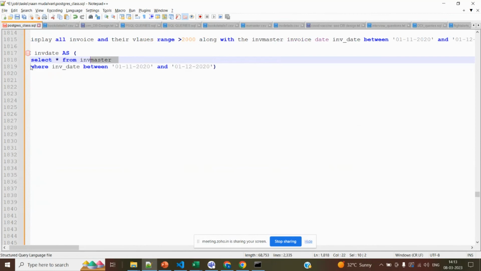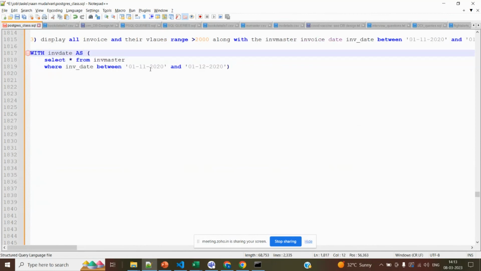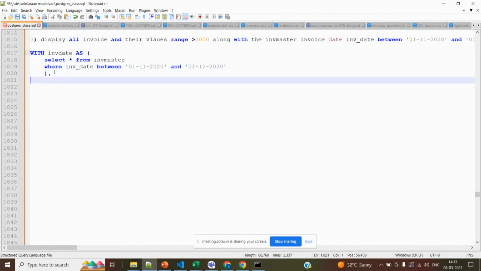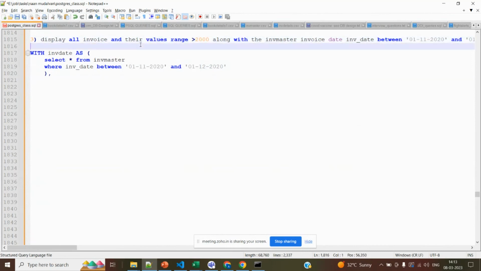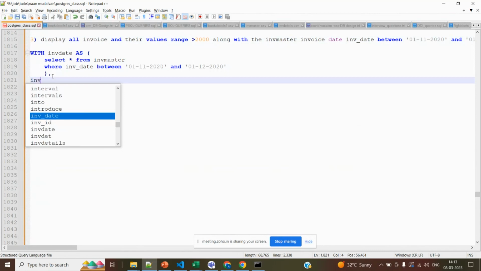So this is the first block, comma. What is the second block name? In the second block, what we are going to do is select the values between these two range, right? So from the invoice details table. Let me keep this block name as INV detail, as